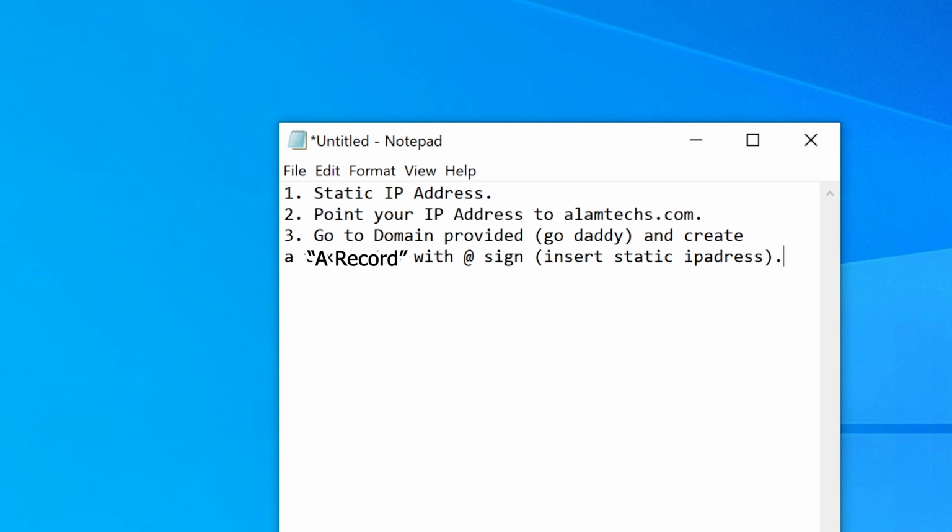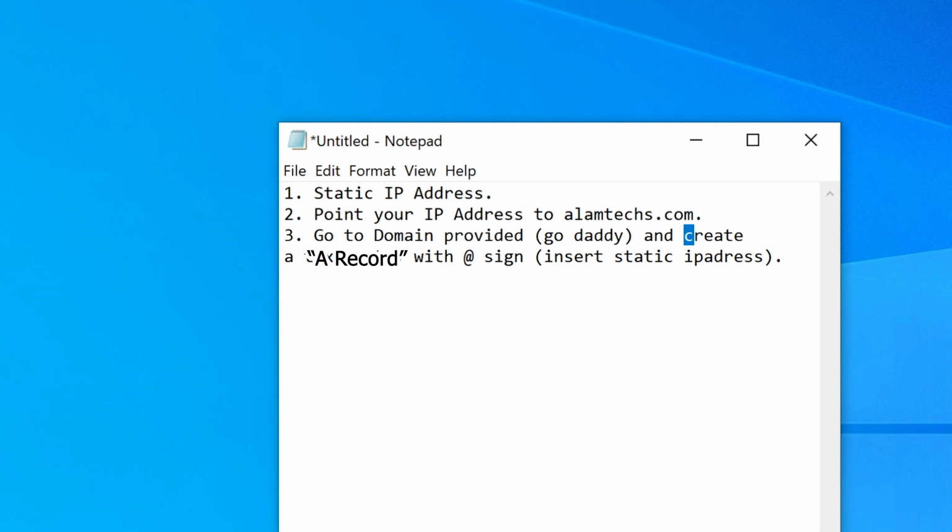Okay, so I'm not a web developer. I have my own website, and these are some basic things that anybody should really know. But if you're help desk, you don't necessarily have to know what this is. This is how you would point your server that's always going to be at a certain IP address. This is how you tell people, you don't have to remember my IP address. You just type in the domain name, in this case Alamtech, and the way that works is because I go to my domain